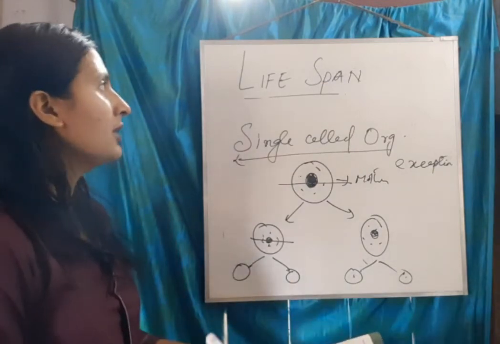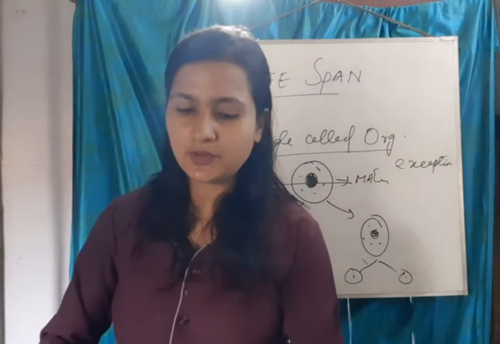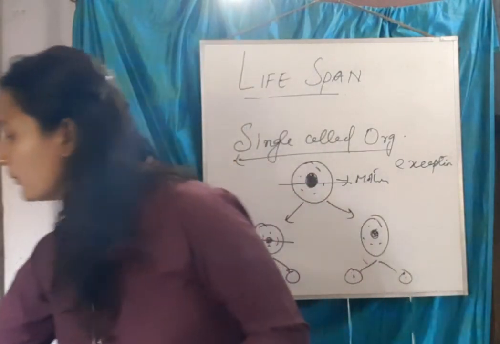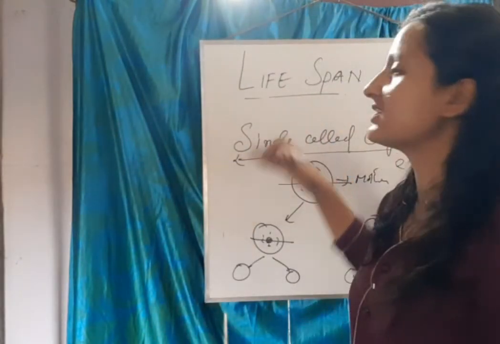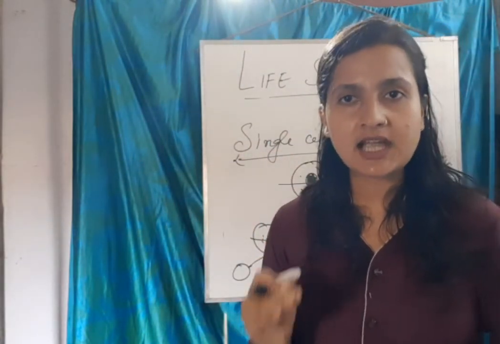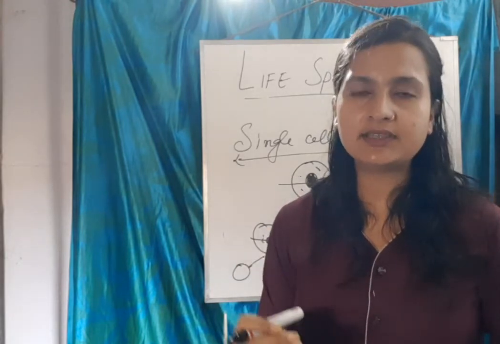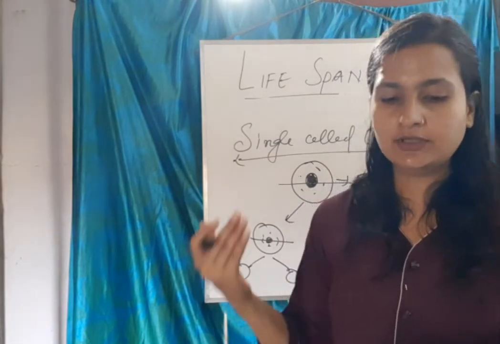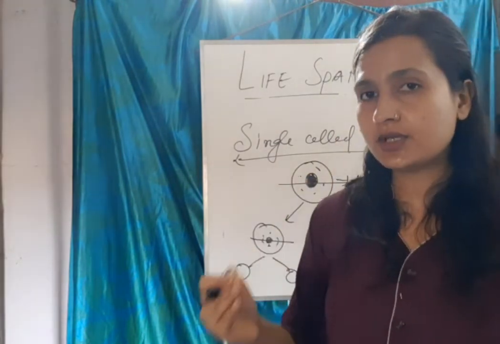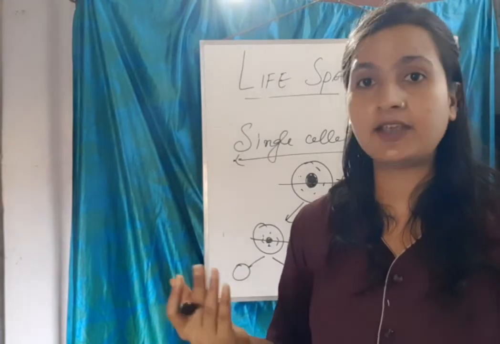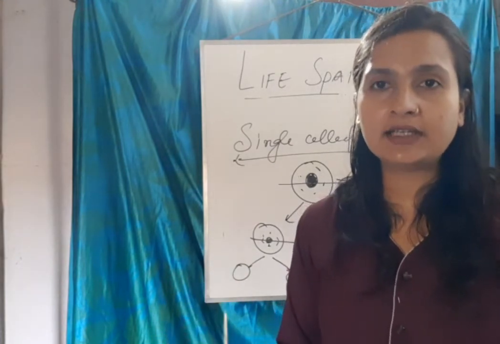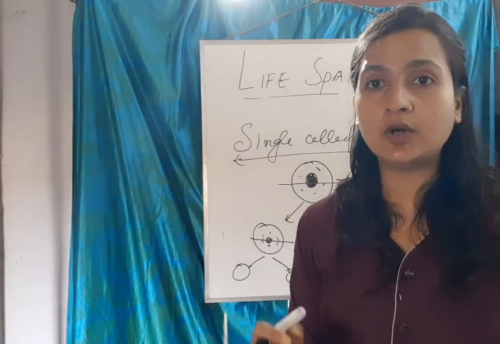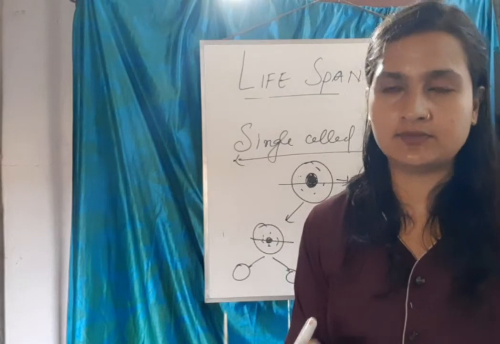So this is all about your lifespan. Let me give you a quick revision of what we learned in this topic. First we started with lifespan. What is lifespan? It is the time period between birth and natural death. Second, different organisms have different lifespans. I gave you the example of a crow and a parrot, where lifespan doesn't depend on the size of an organism.